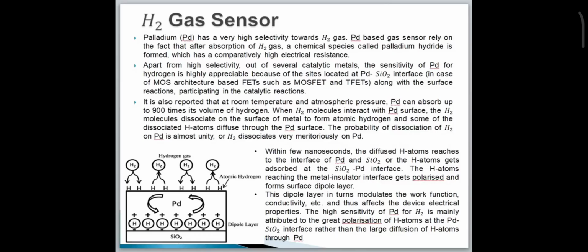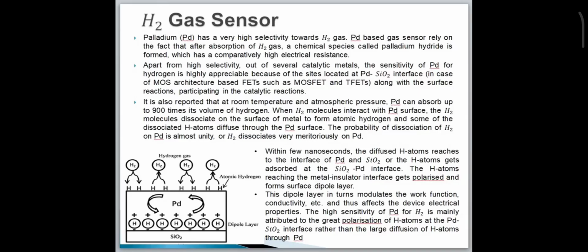When H2 gas interacts with the Pd surface, the H2 molecules dissociate on interacting with the metal surface. Then the dissociated atoms diffuse through the Pd surface. Some of the atoms stick at the metal, and some diffuse through the Pd surface. The probability of dissociation of the H2 molecule is almost unity, and it can easily dissociate after interacting with